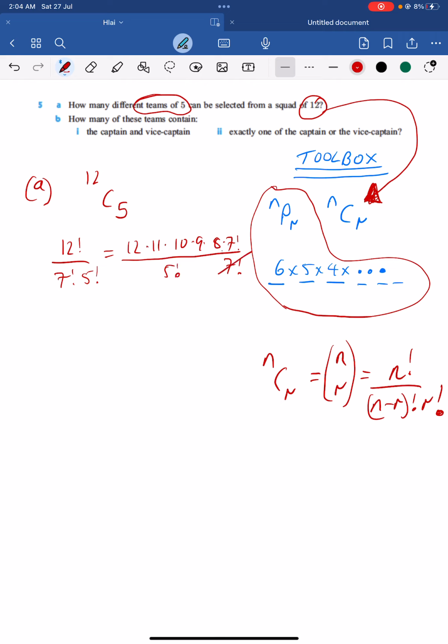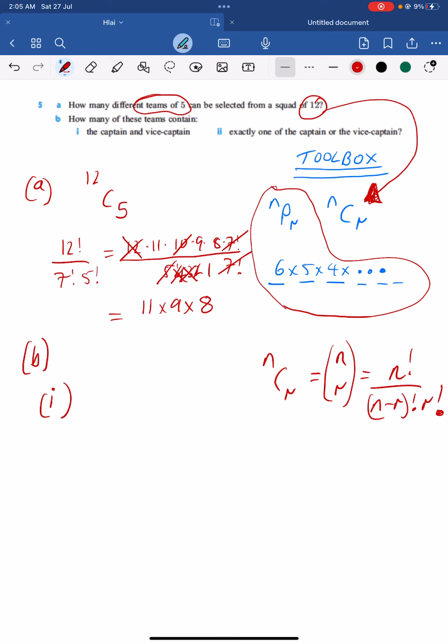7 cancels with a 7 here. And then you can make this 5, 4, 3, 2, 1. And you can see various things cancelling. 5 times 2 is 10, right? And the 4 times 3 is the 12. So finally you've got an answer, 11 times 9 times 8. Again, if it's a non-calculator type of thing, then that would be quite helpful, I think, right? So B,